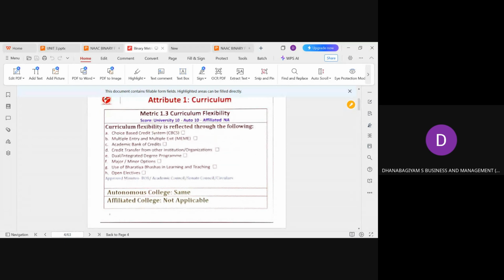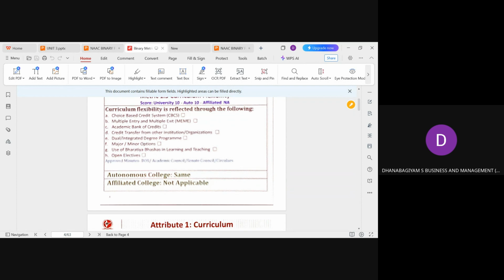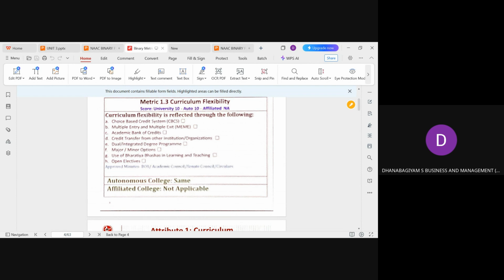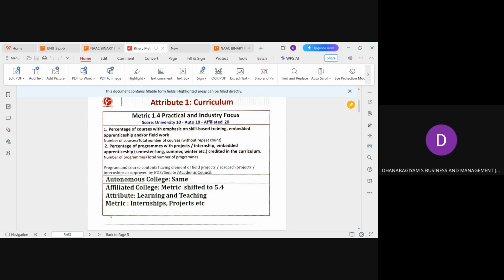And next, curriculum flexibility. Curriculum flexibility is our own choice-based credit system, or we can have our own, like for the Indian knowledge system, we can even conduct an MCQ test, or we can conduct some exam-based assessment, or even go for some workshops. Based on the workshop, some level of knowledge needs to be checked with the students, and we can give them gradings or certificates. So likewise, we can have our own curriculum flexibility. So that is 1.3. How far we have revised according to the current requirements definitely carries more and more weightage in our NAAC.